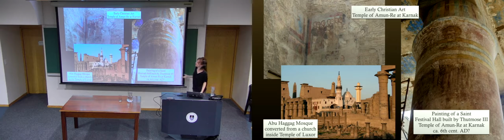Right? So in the Temple of Amun-Ra at Karnak, what they did is they plastered over some of the reliefs and just painted images of Christian significance, saints, episodes from the Bible, and so on. So if you go to the Temple of Amun-Ra at Karnak today and ask your guide,